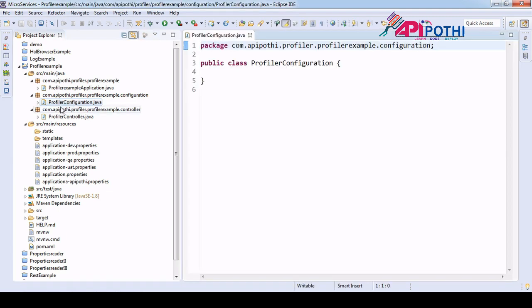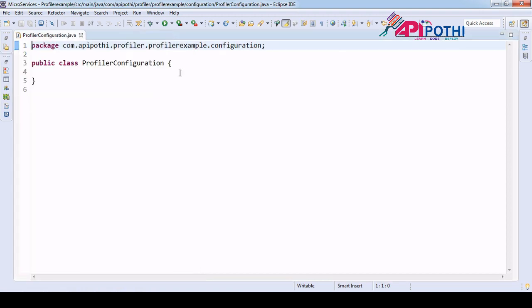So suppose that I have already created the profile configuration. Here what I am going to do is create some dummy method which returns void and only prints some SOP, just a log.